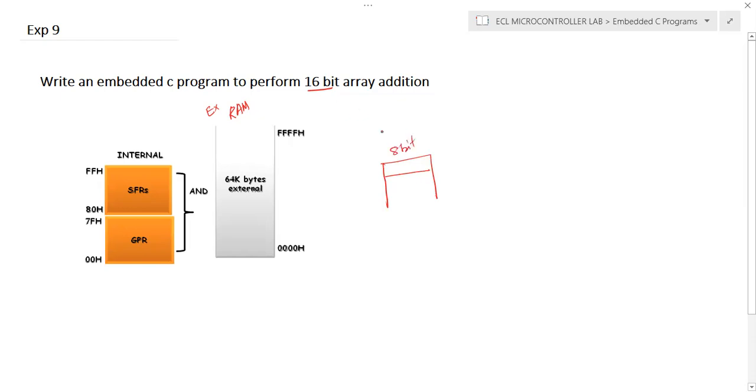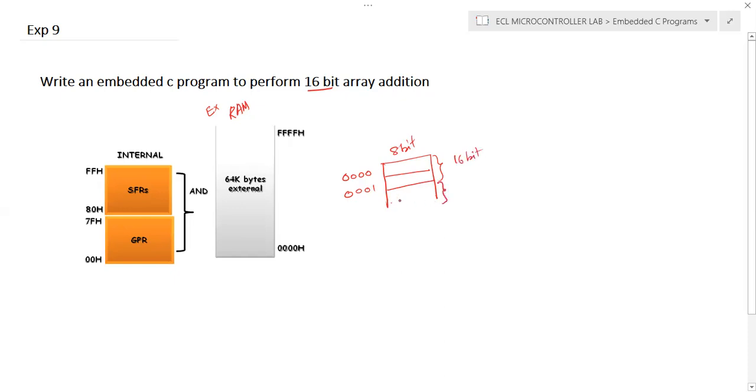can hold an 8-bit value. So in order to store a 16-bit value, we require two consecutive locations. For example, if 0000 is the first location, it can hold an 8-bit value, and the next location, 0001, can hold another 8 bits. So if we combine these two locations, we can store 2 bytes of information, or 16-bit information.